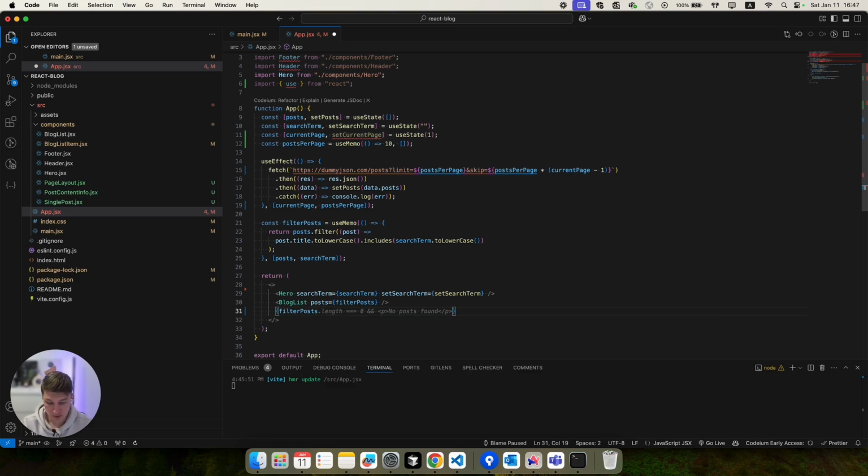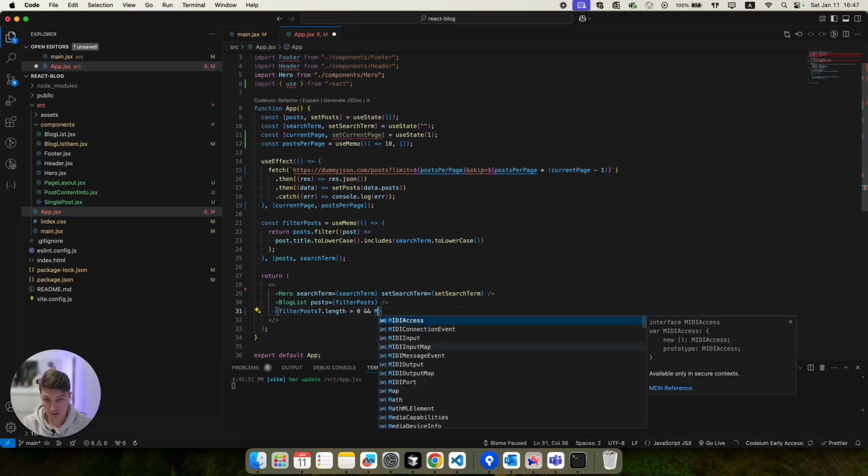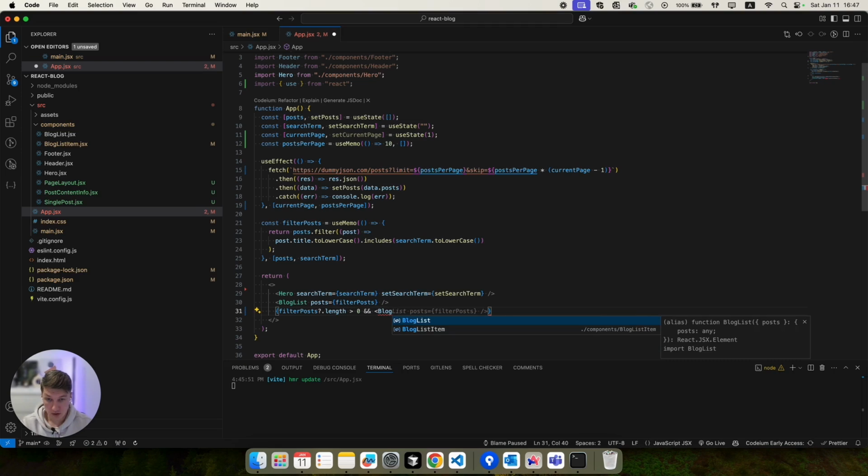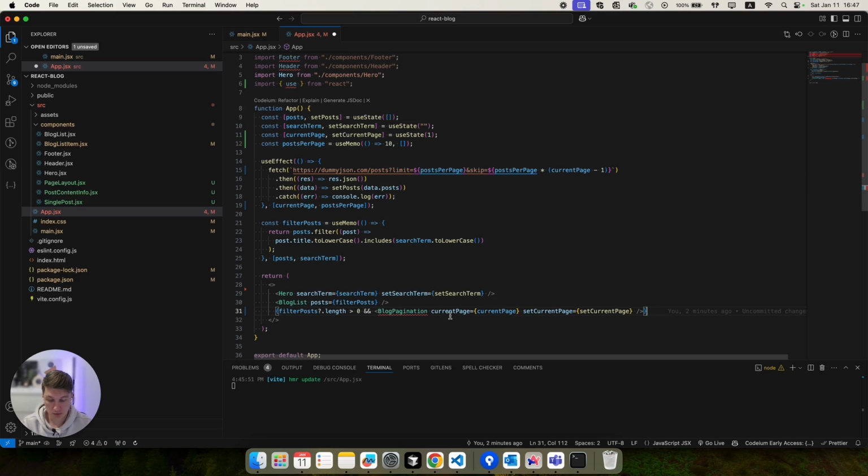If filtered posts length is greater than 0, only then we will render, we'll say, block pagination. Okay, for this component we need to use current page, set current page, and also let's calculate total pages. Let me check filtered posts length. Yeah, it should work.